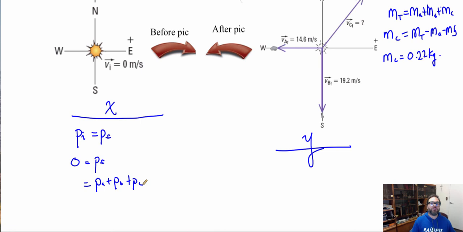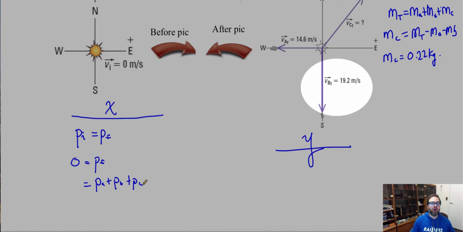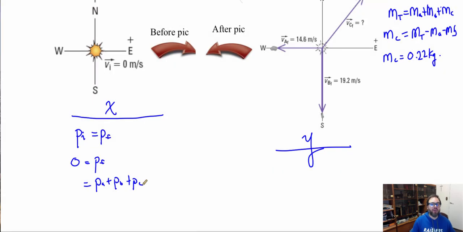This could allow us to then rearrange this formula to find the momentum of C. But before we do that, let's look at one other aspect here. We're looking at the x. So my momentum of fragment B is 0 in the x, so I could just cancel off that momentum of fragment B. And then we could rearrange now for fragment C. So the momentum of fragment C is going to be equal to the negative momentum of fragment